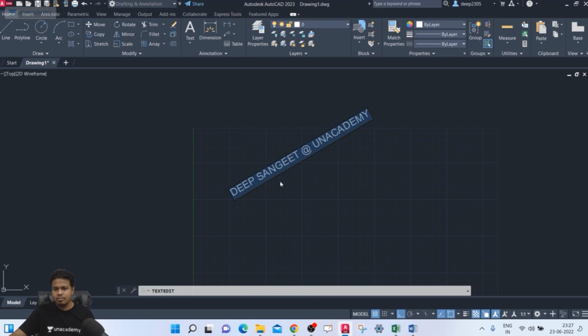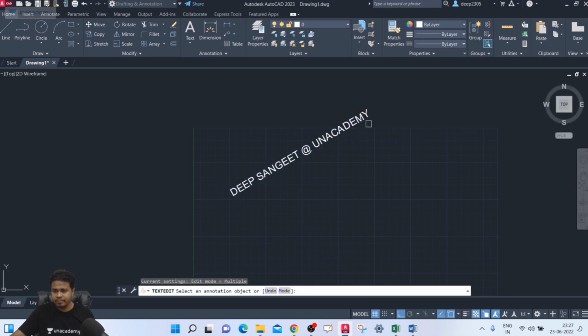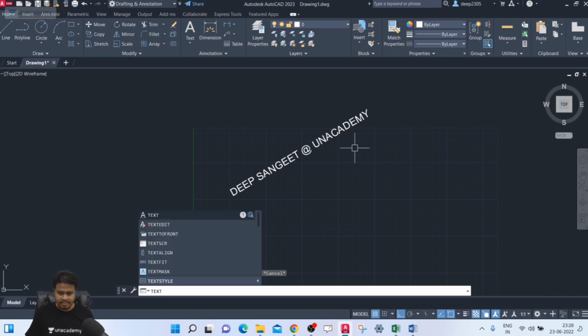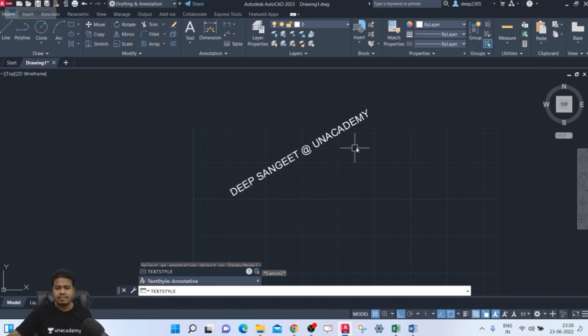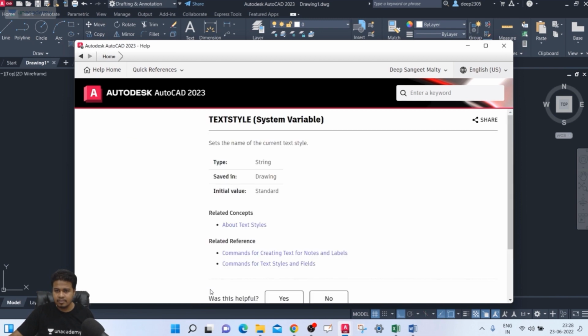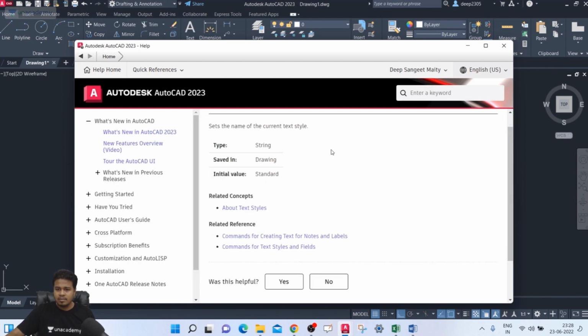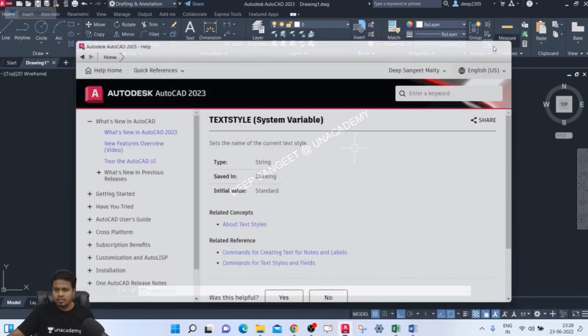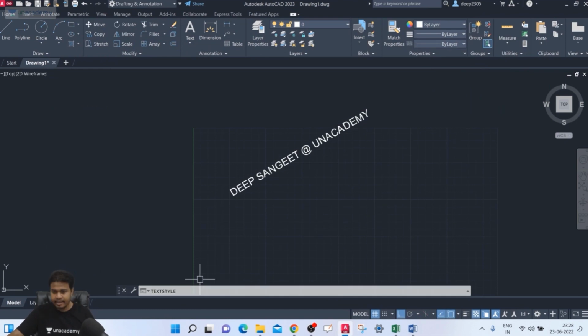Now suppose if you want to edit it, see, suppose I want to edit this thing. I won't be able to edit it. So you have to go into the text style. You have to go to text style. Okay, text style. Text style, enter. Once you go to text style,